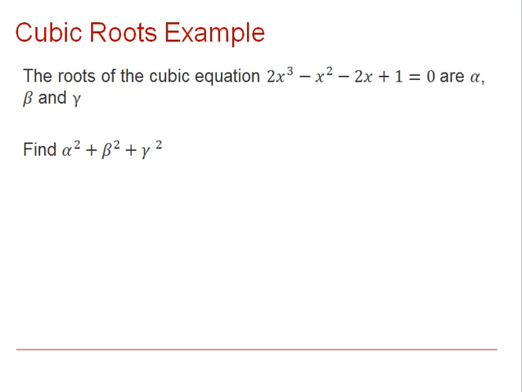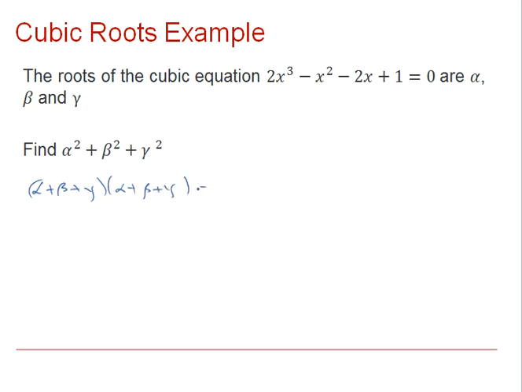If for the same example you were then asked to find alpha squared plus beta squared plus gamma squared, you may want to pause to think about what the easiest way of doing this is for yourselves. There is a useful result that you can think of to work this out. If you think about squaring alpha plus beta plus gamma,